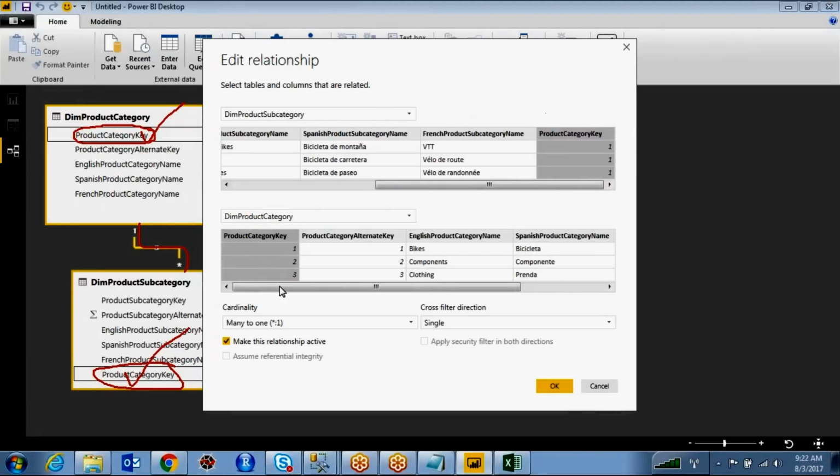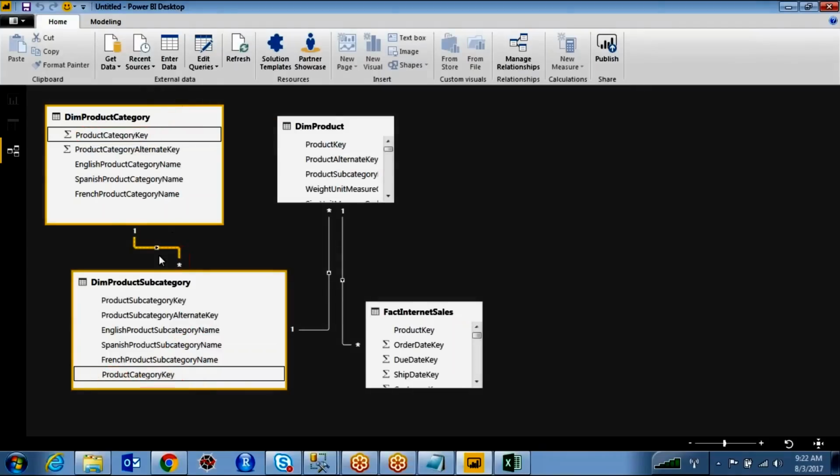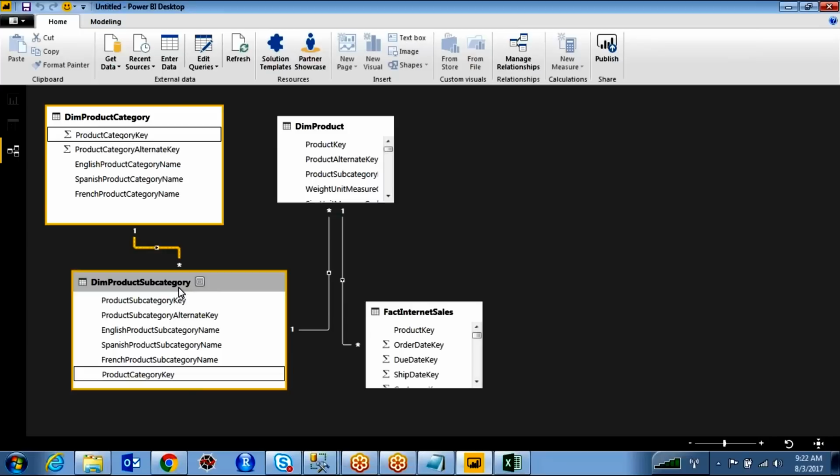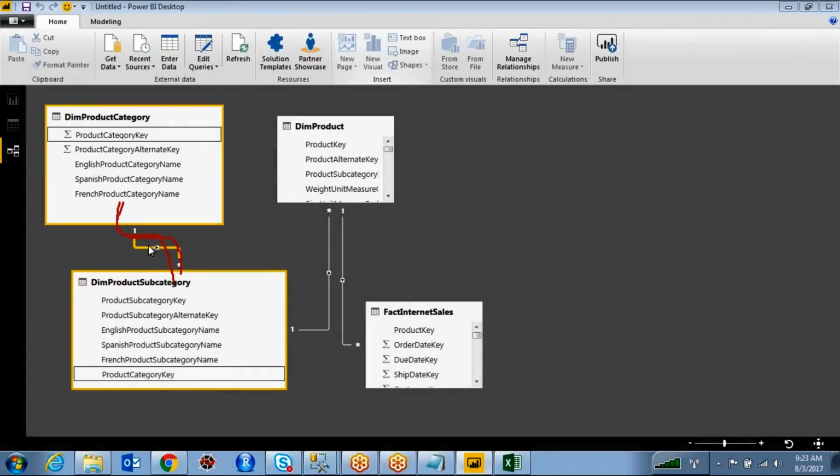Okay, so if you don't want to make this relationship active, just select this option. What will happen? You don't create any relationship with this. You can't see what the subcategory items are for a particular category. Whenever you browse the data and there is no relationship between them, for each category, you can't see how many subcategory items there are, because there is no relationship. If you want to test it, okay, so now the link is inactive.